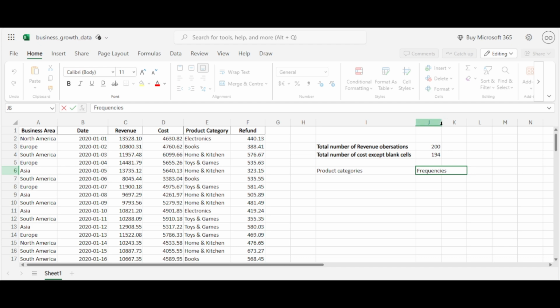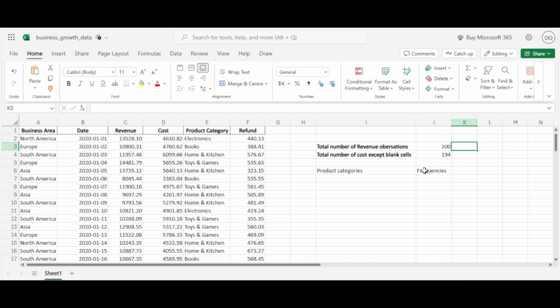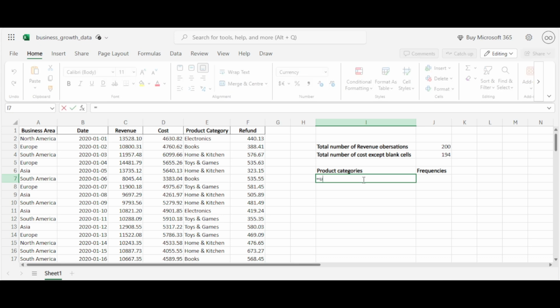So let's adjust this, then make this bold also. But first, we want to plot the unique values of product category by making use of the UNIQUE function. And within this particular function, we are going to assign all the values of product category. So let's do that. Initiate with an equal sign, then UNIQUE,